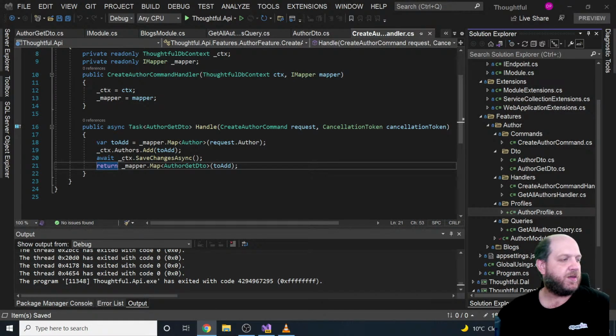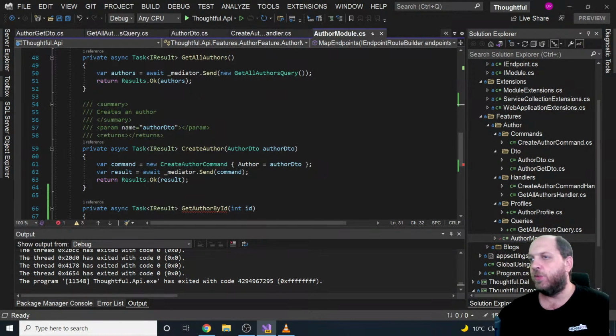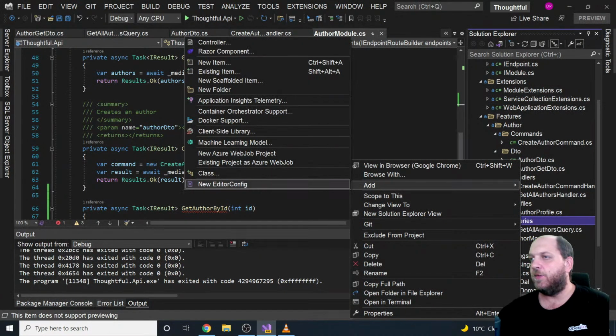Okay, what would be the next one? So we wanted to implement a query and a handler for get author by ID. That was, I guess, the last one, and the author module we leave here. So we need the get author by ID. Okay, let's go then here in the queries folder, add a new class,